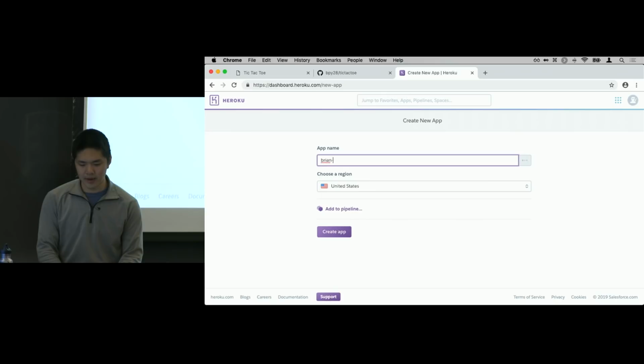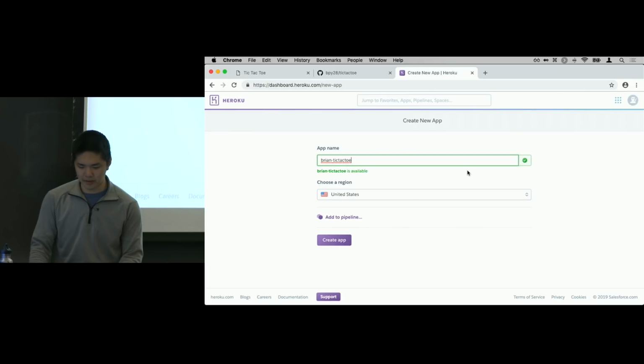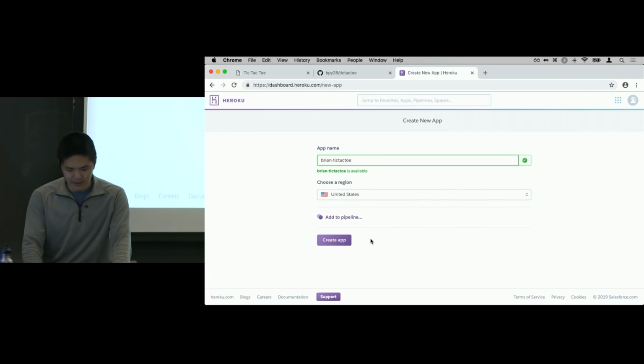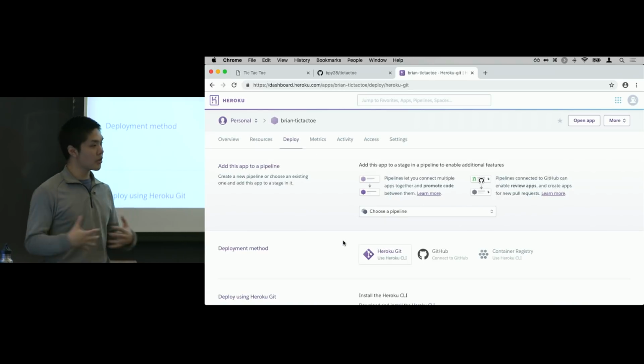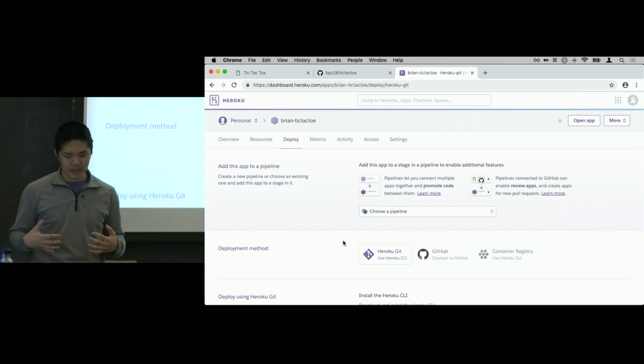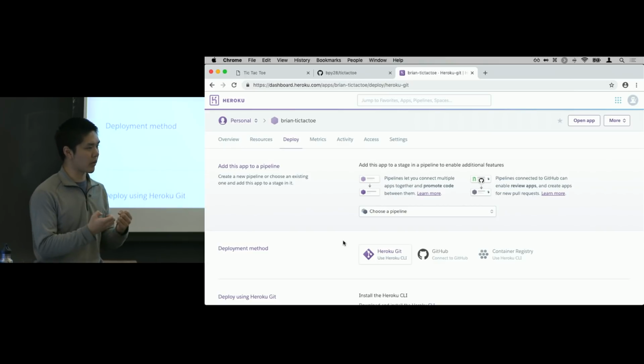I'll call it Brian-Tic-Tac-Toe. Hopefully nobody's taken that name. All right, it's available. Great. We'll create that app. And OK, I've created a new Heroku app. And now the next step I need to do is link it to my GitHub repository so it's actually pulling